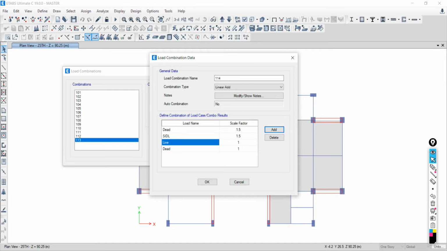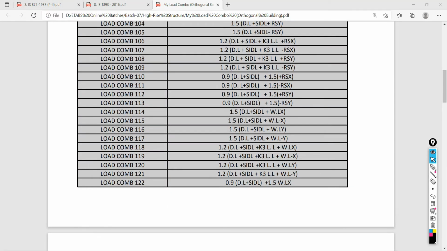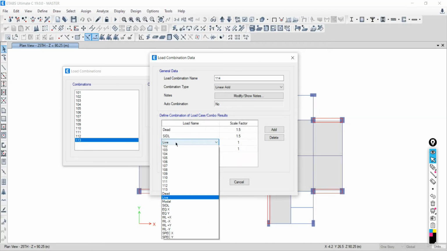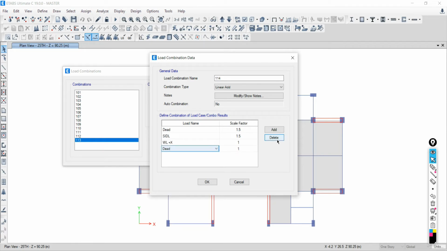No live load, okay. But wind load in positive x direction, and it will also be 1.5. Is that all okay? Yes, sir. Let's say simply okay.